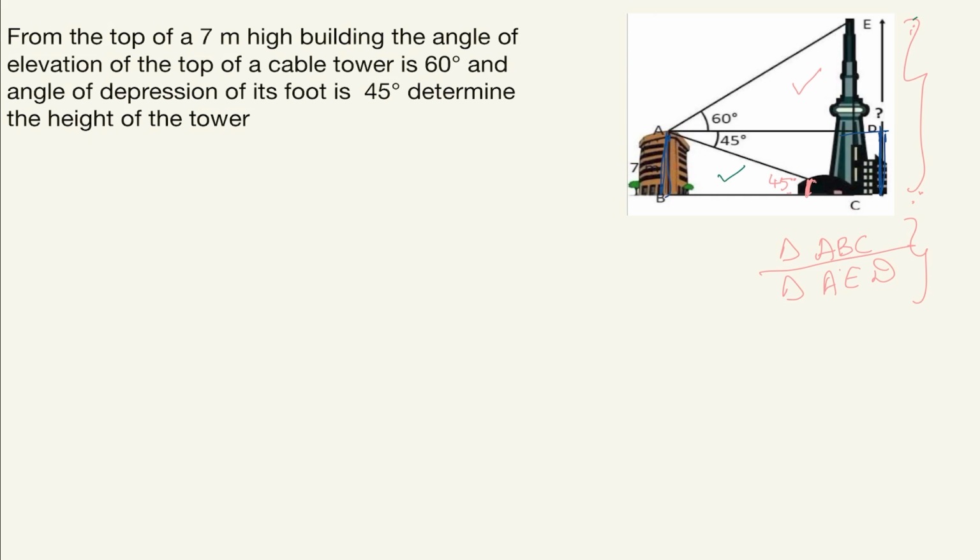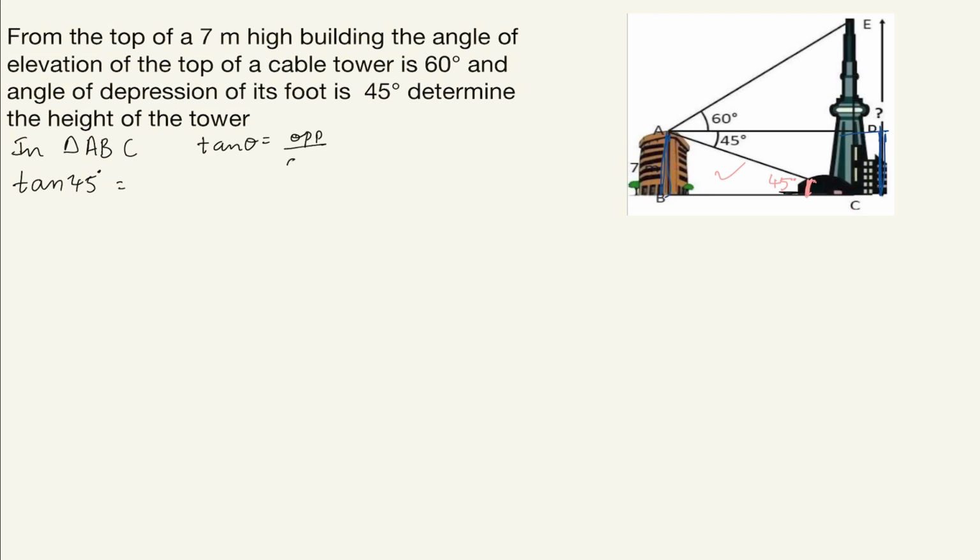So keeping in mind these angles, first let me consider triangle ABC. In triangle ABC, we have angle C as 45 degree. Tan 45 degree is equal to, as we know, tan theta is equal to opposite by adjacent. What is the side opposite to this angle? That is AB. Which is the side opposite to angle C? It is side AB. So tan 45 will be